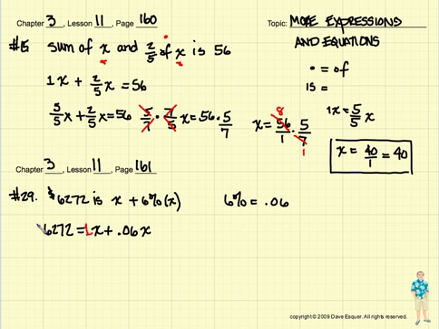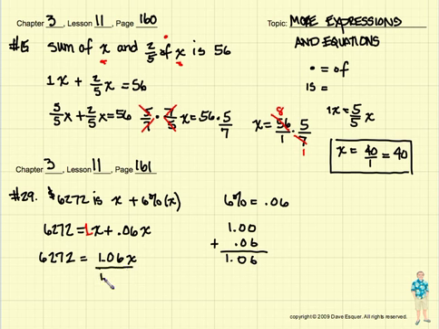I'm going to put my 1 in front of this x so that we don't get confused. So I have 1x plus 0.06x. So I think that turns out to be 1.06x. Remember, 1.00 plus 0.06. I line up the decimals. You're going to tell me divide both sides by 1.06, and that would be correct. We're going to cancel these out. 1.06 divided by 1.06. So I'm going to break out my calculator, and x turns out to be